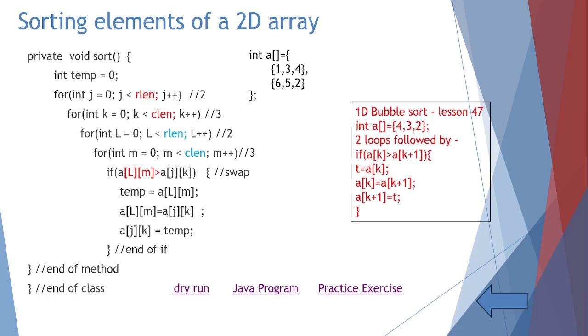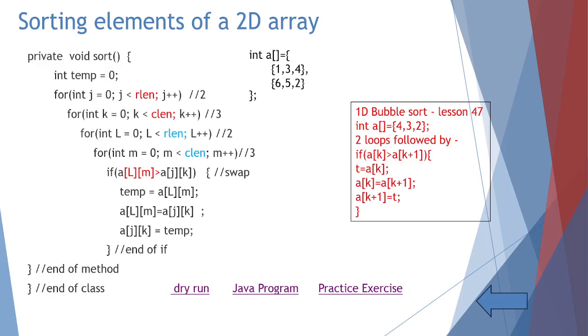That is, k is the index of one subscript only in single dimension, whereas in two-dimensional array there are two subscripts for each element. So we take for loops rlen, clen, less than rlen, less than clen, j, k, l,